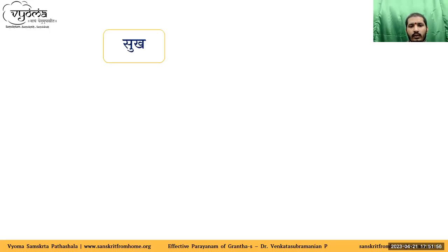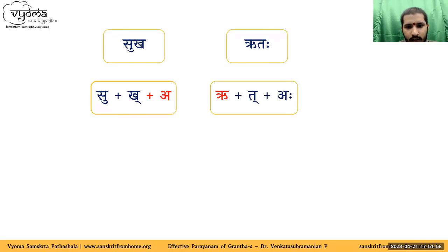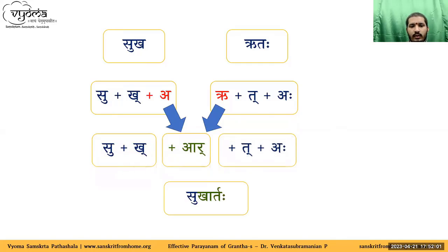So for that, before that, we have the example here. That is Sukha Ritaha. On the left hand side, we have Sukha, whose ending letter is Akara, which is the Puravarna. The Paravarna is Rikara. Between these two, we get the Vriddhisandhi. So if we do the Vriddhi Adesha R, then we get the Rupa Sukhartaha. Sukhartaha is the final form.